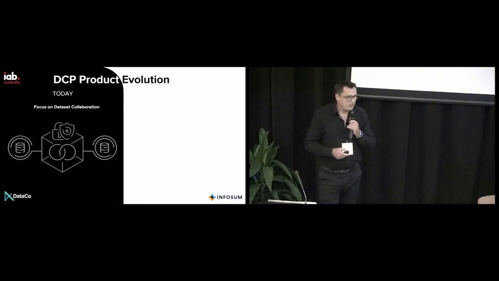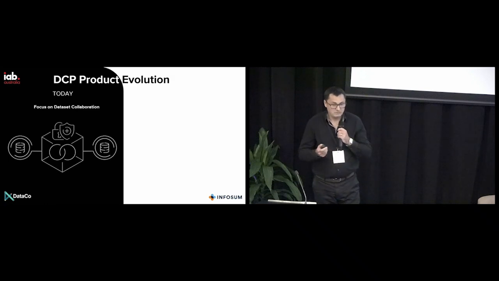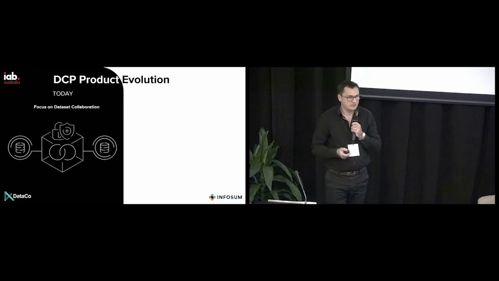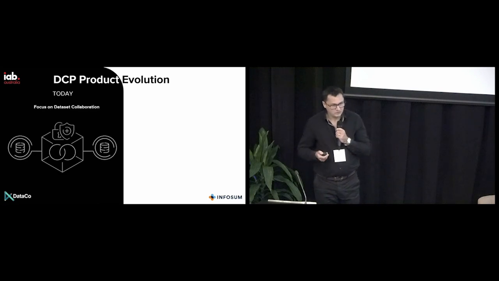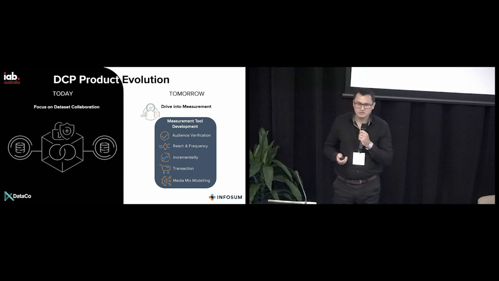Give away the result. Data collaboration platforms traditionally, unsurprisingly, have been focused on how they collaborate on data. What's the methodology? What's the process? How are they going to go about it? Many of them in the marketing space have brought in planning tools and the ability to segment and build the audiences. The big thing that they're going to be focused on over the next 6 to 12 months, and you're going to see rolling out quite a lot, is measurement.